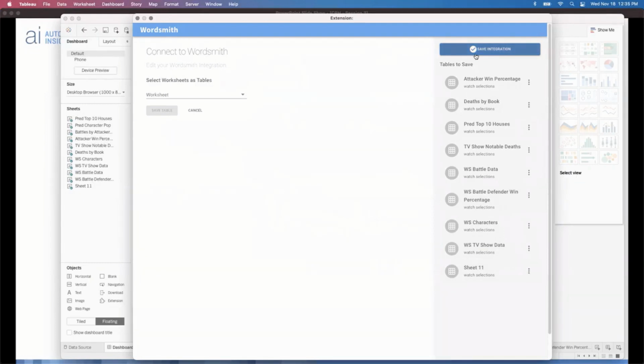If, however, you did not add a whole new sheet, you just edited one of your existing sheets, maybe you added a new measure, you took something off, you did a different calculation, you updated the sheet in any way, all you have to do to put that into Wordsmith is open up this integration page and then just hit save to resave it. Once you resave it, it resyncs with Wordsmith, and any updates to your sheet will be